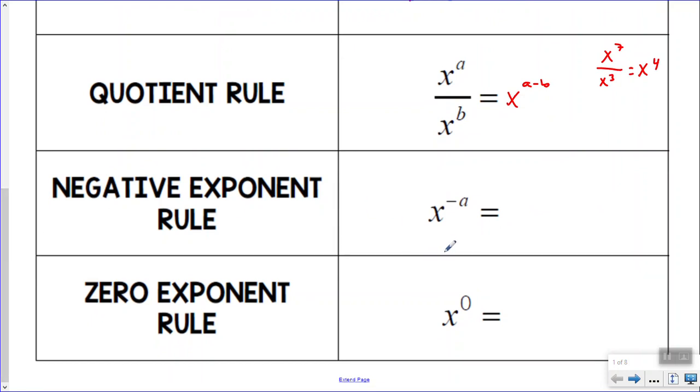Anytime we have negative exponents, those represent the opposite of positive exponents. Positive exponents are a shortcut for repeated multiplication, and so negative exponents are a shortcut for repeated division. Whenever we want to simplify expressions, we're never going to leave a negative exponent out and about. We're always going to get rid of it by making it positive. In order to make a negative exponent positive, we take the expression and move it down into the denominator of a fraction. So if we pretend that this is x to the negative a over, not negative 1, over 1,